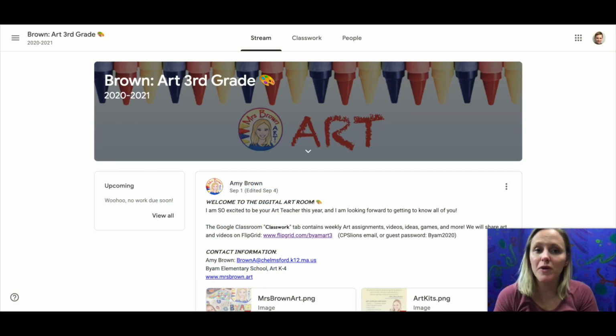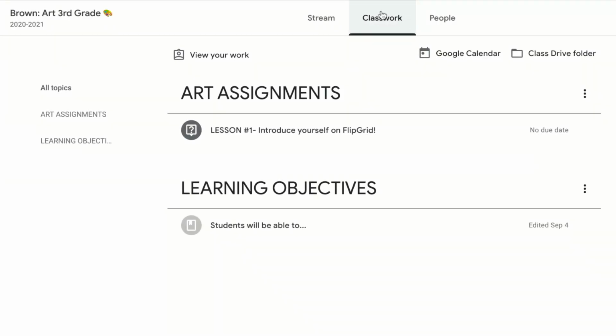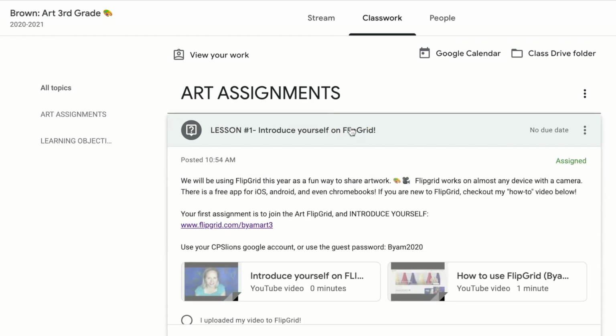Today I'm going to show you how to upload a video onto FlipGrid. Okay, so here we are in the Classwork tab of Google Classroom. This is where all of your art assignments will show up. If you click on an assignment, it will give you the directions and there will always be a link to